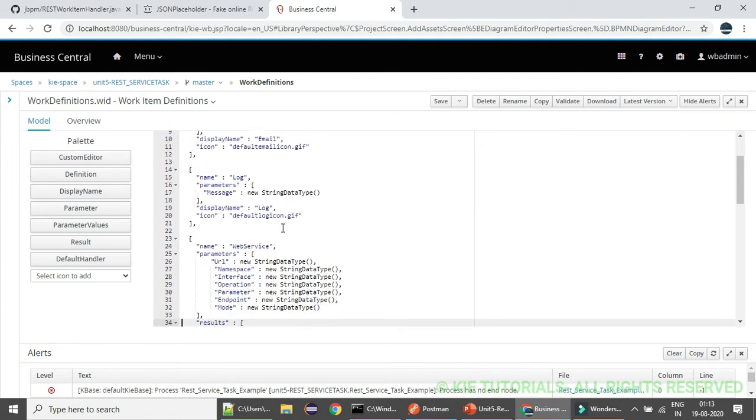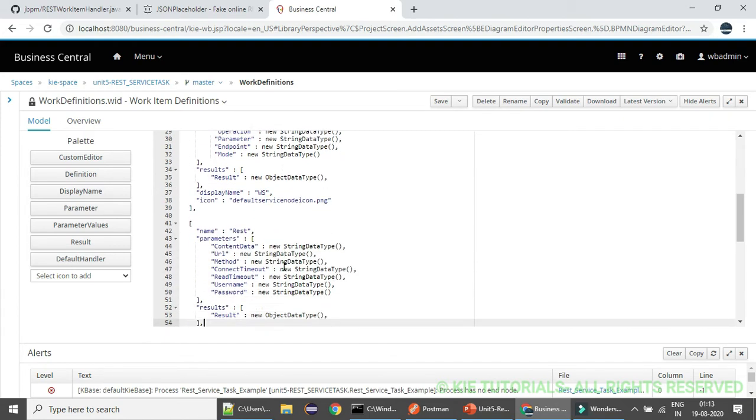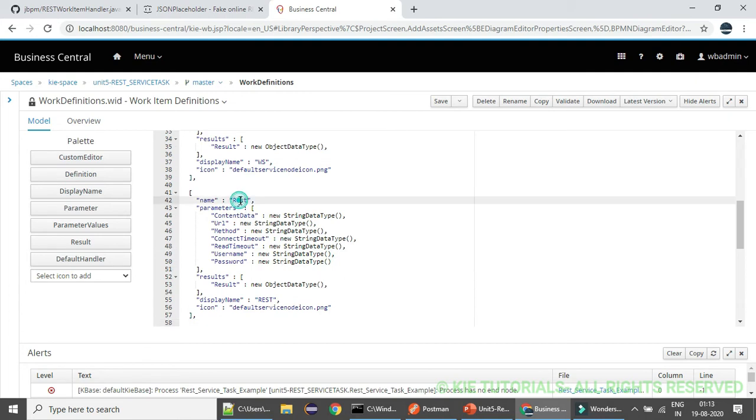If you see the web service, you can clearly understand this is the SOAP based web service. What is the name of it, what parameters are going as input, and what is coming as a result. The same is for REST also: the name of that service task or work item handler, what parameters are going as input, what is coming as output, what is the display name for it, and the default icon it will be using.